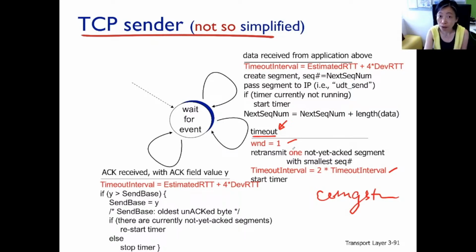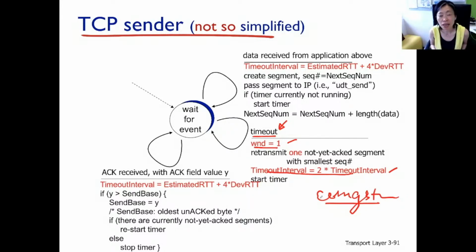Therefore, let's be very, very friendly to the network. Let's try to slow down by reducing the window size, because when the window size is small, you're sending very slowly. Let's also reduce the rate of retransmission, which is to increase the timeout interval. When it's twice that long, then we are retransmitting at half speed. So both of these extra mechanisms are to address congestion, which is to do congestion control. And you see here in TCP, the reliable data transfer mechanism is somewhat mingled with the congestion control.